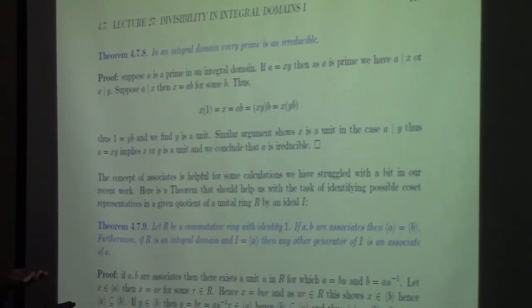But it does say this, right? If you're in an integral domain and you find something's not irreducible, then you can justly conclude by logic it's not prime. Because if it was prime,